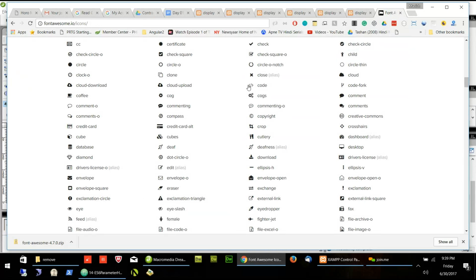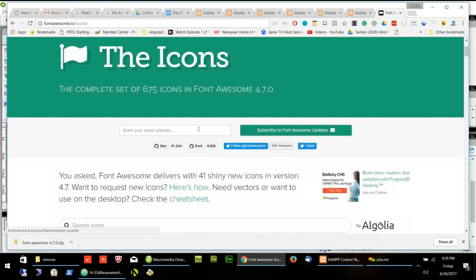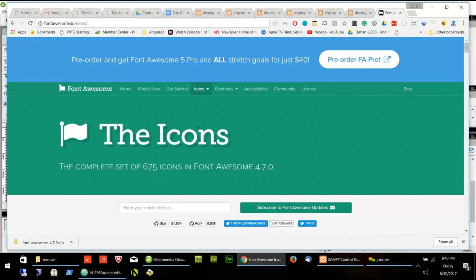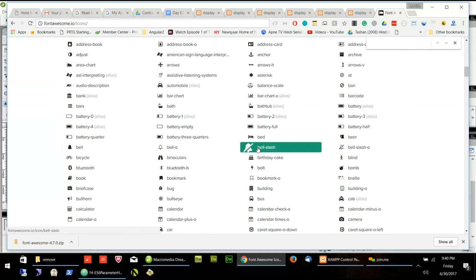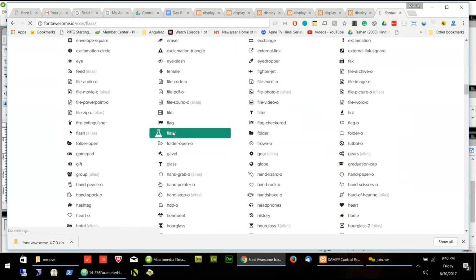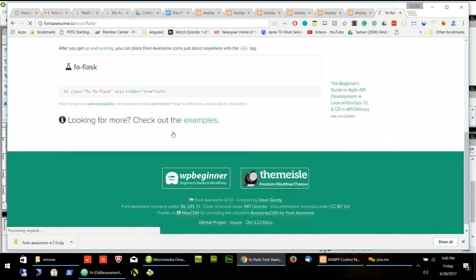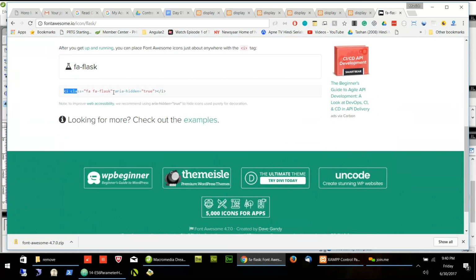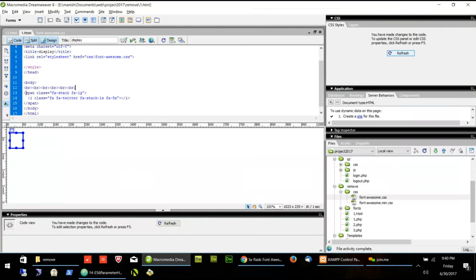Yeah. Okay. I like the cheat sheet too, the Font Awesome cheat sheet, because it gives the code. If you want the code for this one, just click it. You will get the code. This is the one you have to edit. Like I just put it in chat.